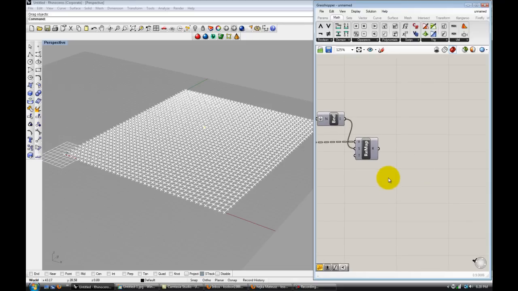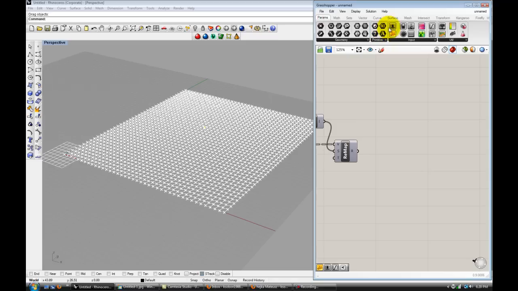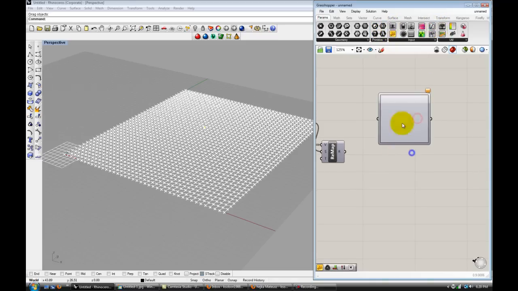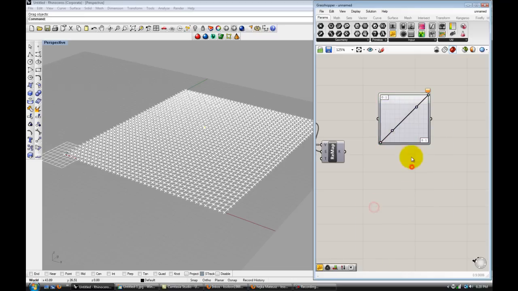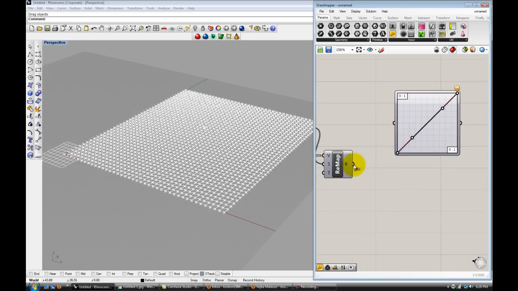And now we want to remap that, but if you saw, there was a nice curve thing going on over there. I don't know how to say it, it was like a little bulge. If we want that to happen, those numbers need to get remapped, and I'm going to use a graph mapper for that. If you right click on the graph mapper and under graph types pick a Bezier graph mapper,